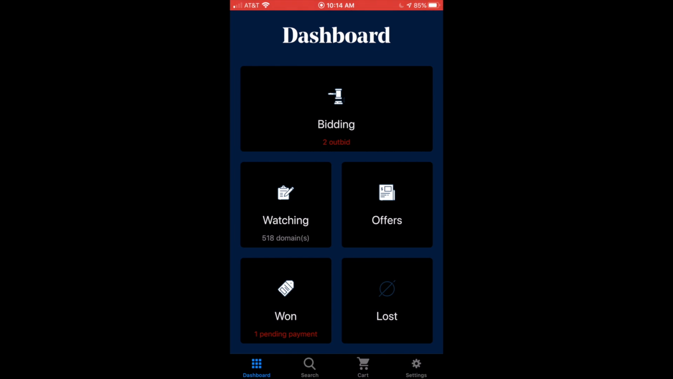But jumping into the application, as you see here on the dashboard, we're viewing it through the dark mode. There is a light and dark mode based on your iOS settings. Nevertheless,